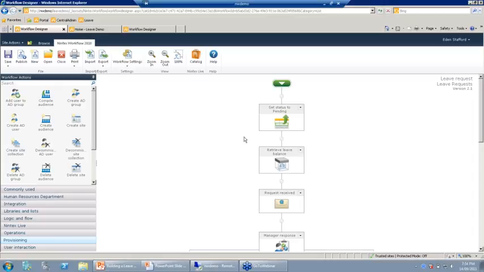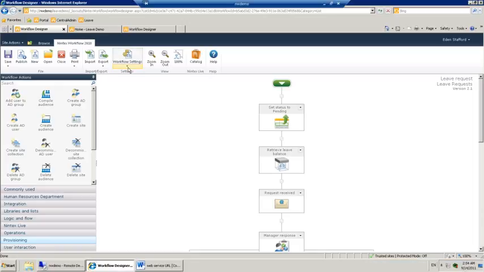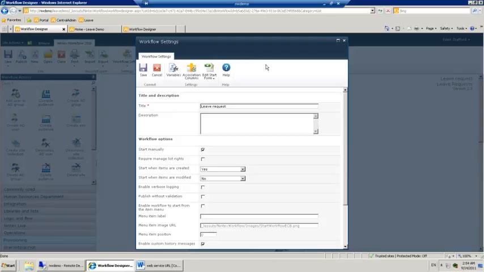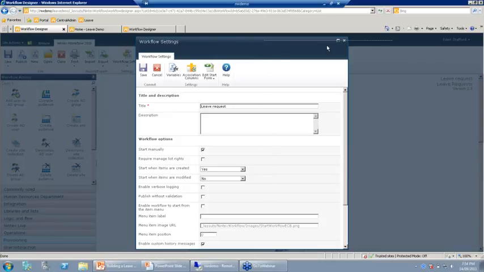Here's another one. What if you want to run a different workflow for those leave requests with special circumstances? Say these need to workflow in HR. How is this achieved? So you can have startup conditions for a workflow so that it'll only run if specific conditions are met. And